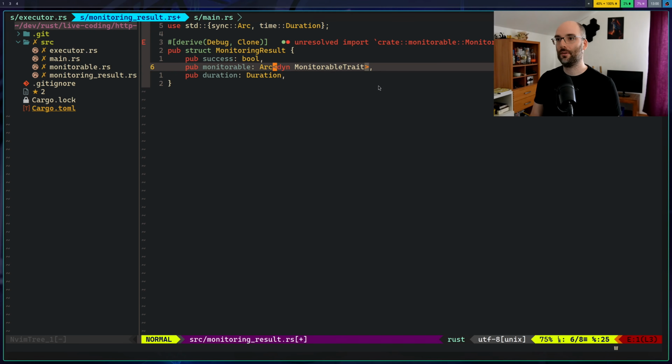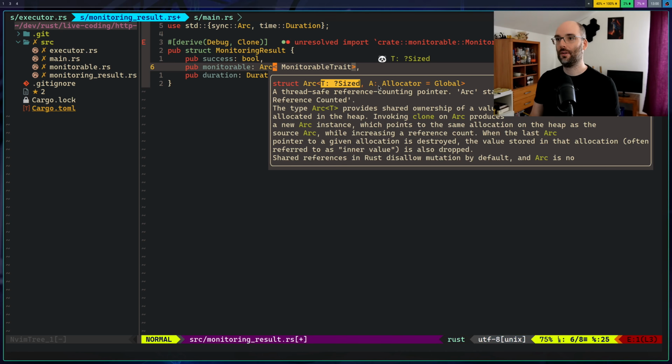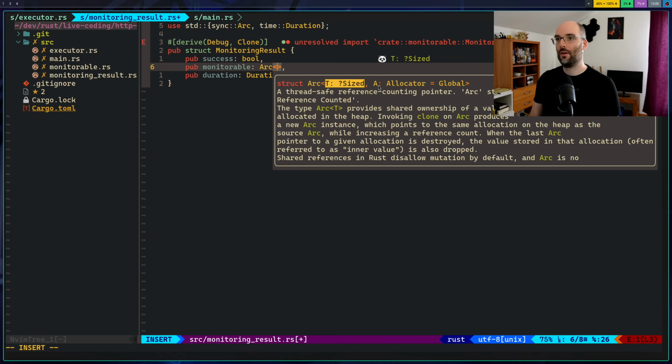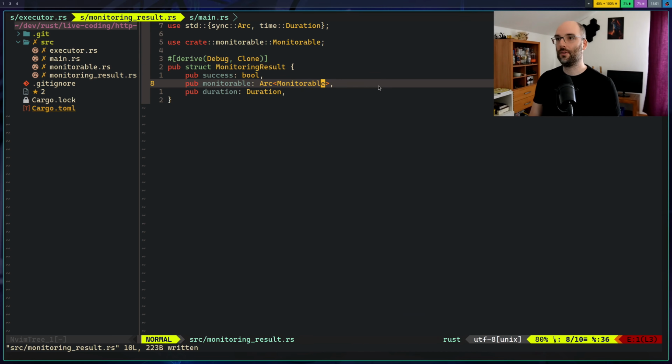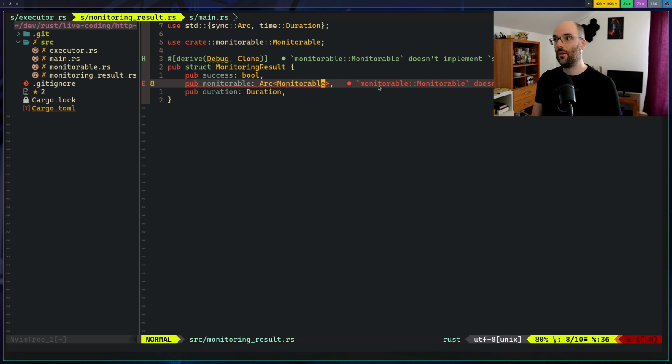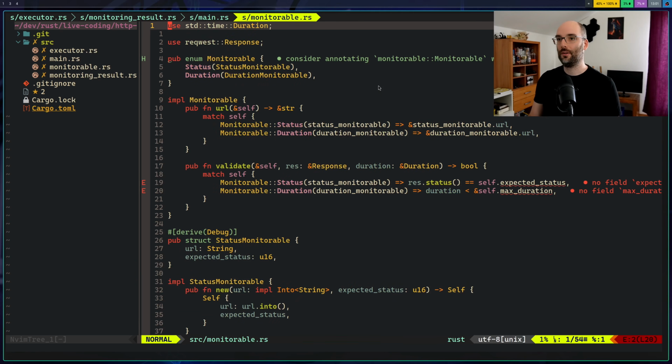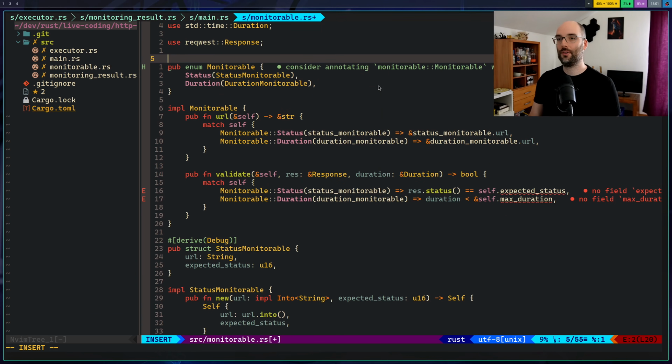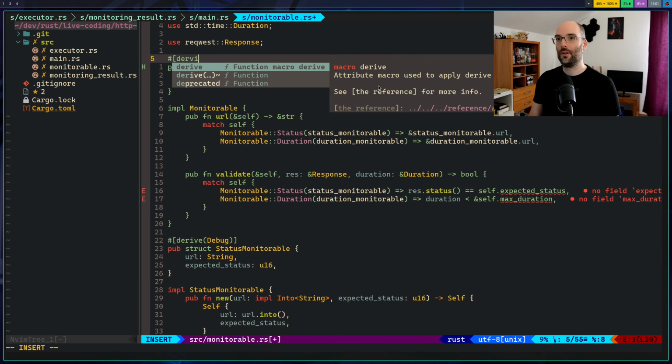Of course, the monitorable just needs to be an Arc of a monitorable right now. And we need to... it doesn't implement Debug. Well, it should. It definitely should.